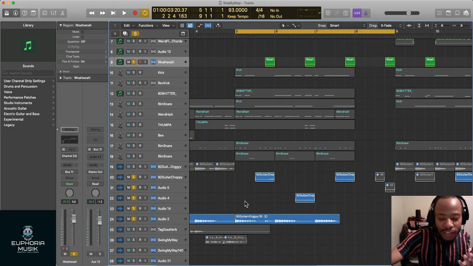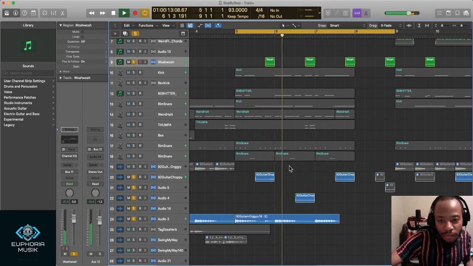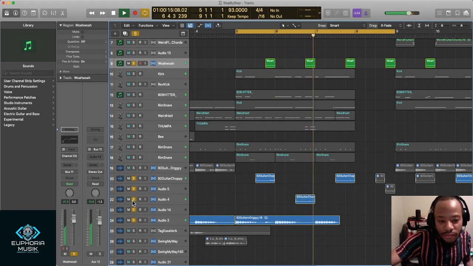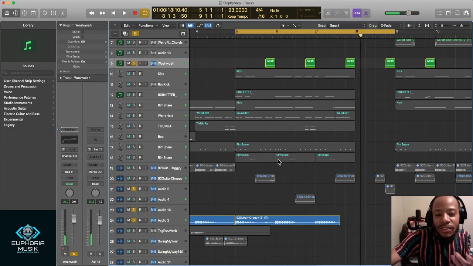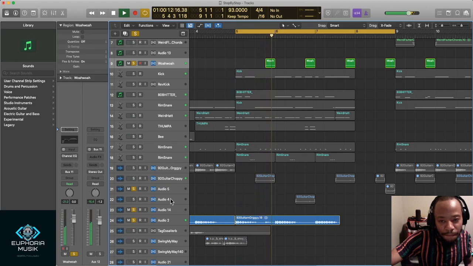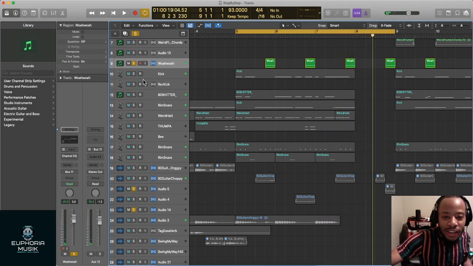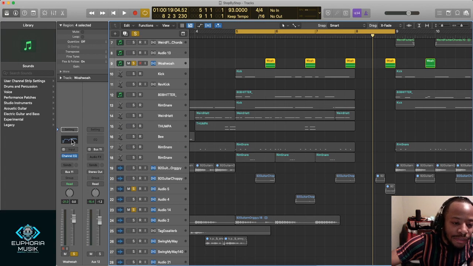All it does is fill up space. You hear it? So that's what it's doing. It was just a little bass sound, but then I went ahead and EQ'd it.